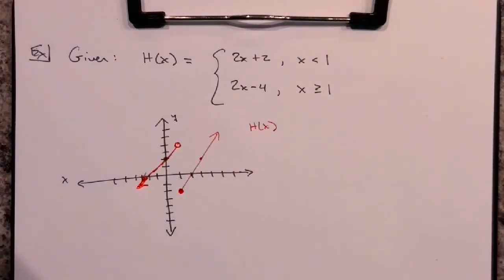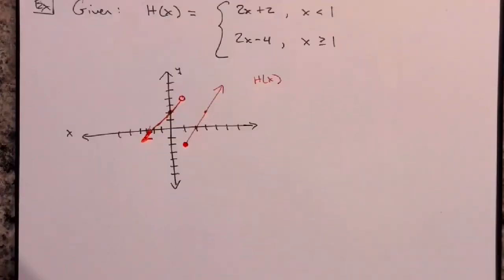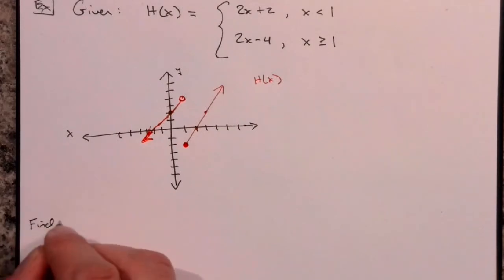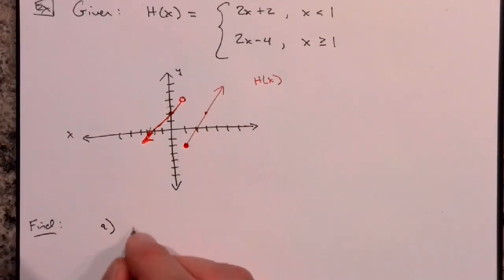Now, I haven't asked you any question yet. This is just us sketching what was given to us. So we'll be asked to find, and the first one we'll look at is the limit as x approaches 1